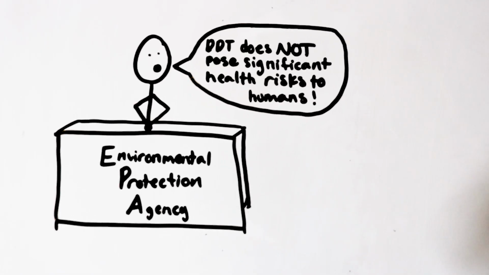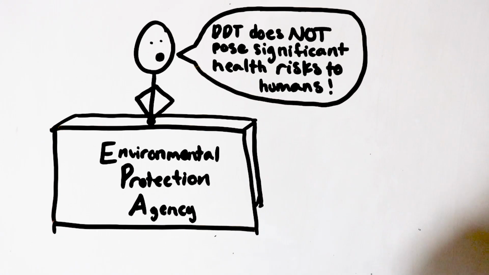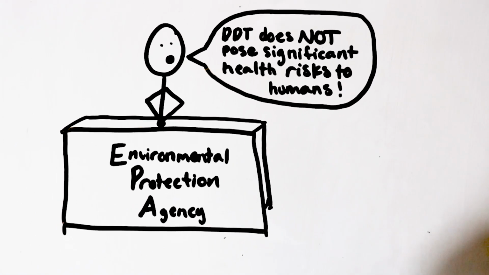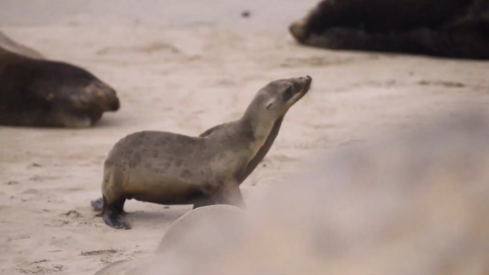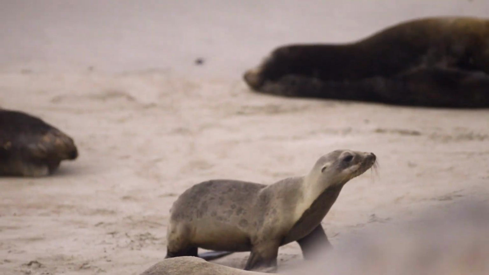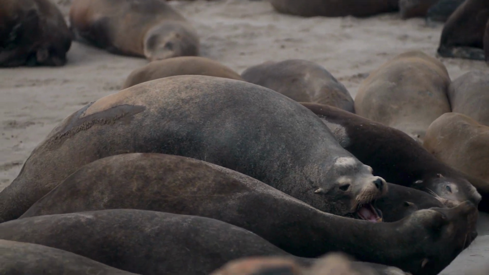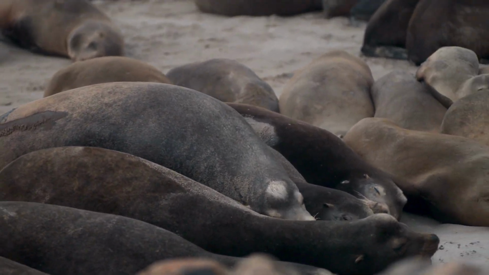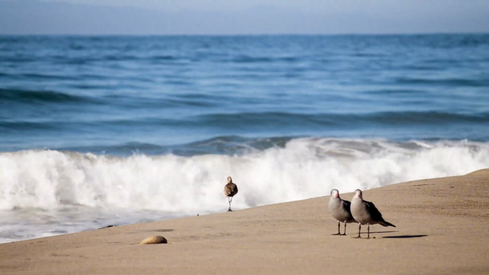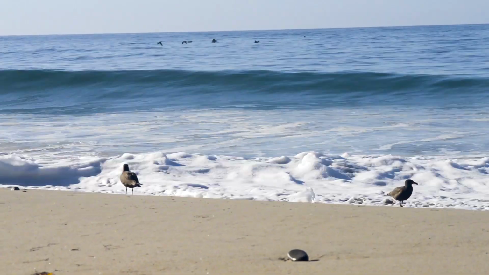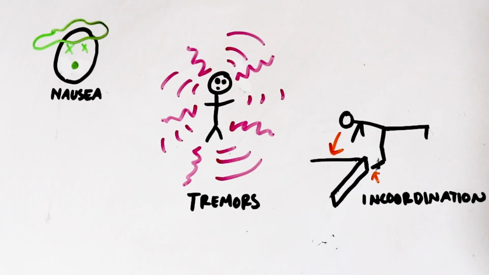The EPA states that DDT contamination doesn't pose significant health risks to humans engaging in water activities or consuming fish, but what about the wildlife living with it floating around in their waters? It is suggested to be toxic to marine animals, causing mammals like seals and sea lions to be at a higher risk of developing liver tumors, and the eggshells of birds to be thinner, weaker, and therefore decreasing their birth rates. Humans exposed to this while working with it have reported nausea, tremors, and incoordination.